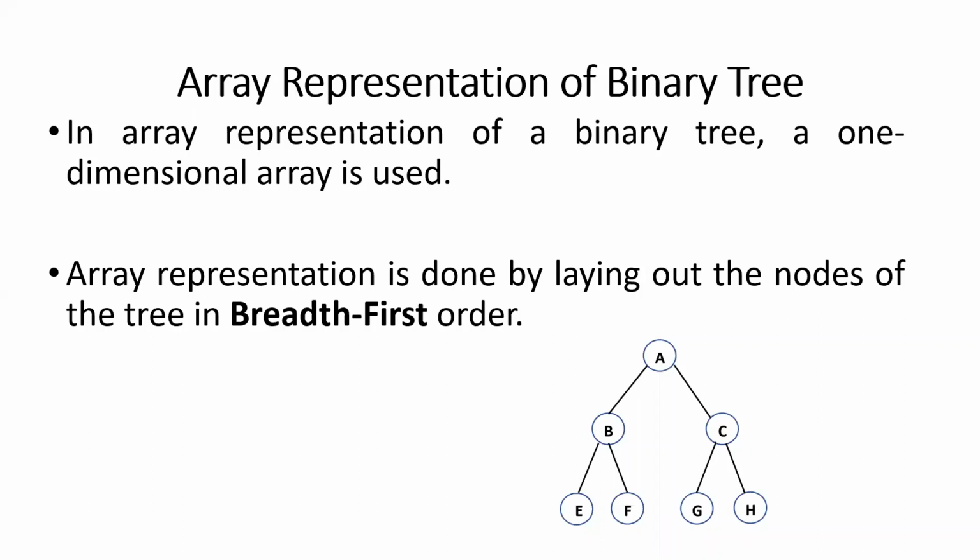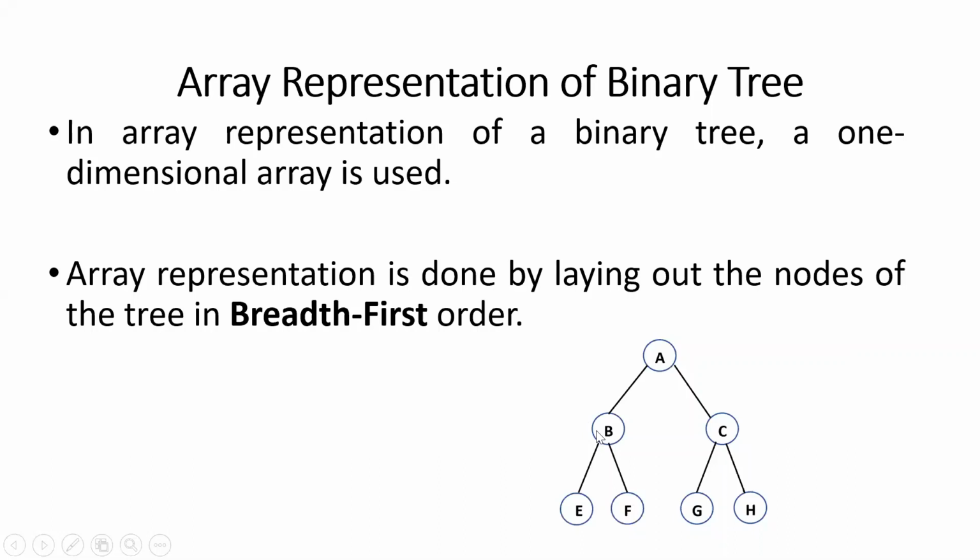So we will explore the adjacent nodes of vertex B. For vertex B, what are the adjacent vertices? It has E and F. So we will enqueue E and F. When we finish enqueuing E and F, that is, we have explored all the adjacent vertices of B, we will dequeue B from the queue.